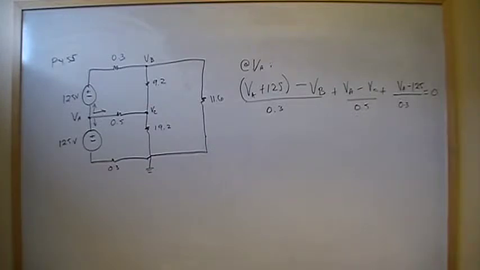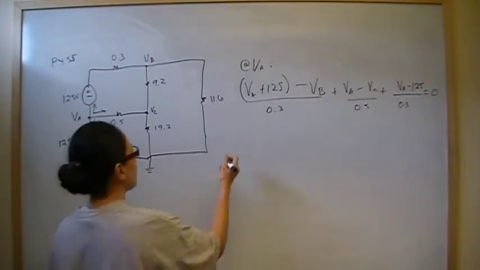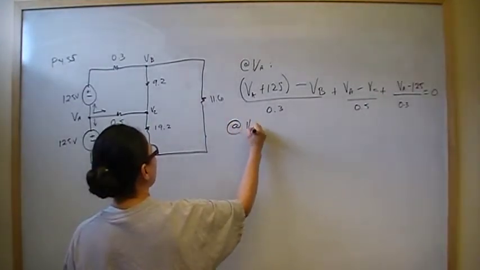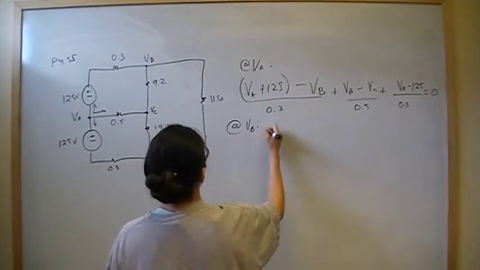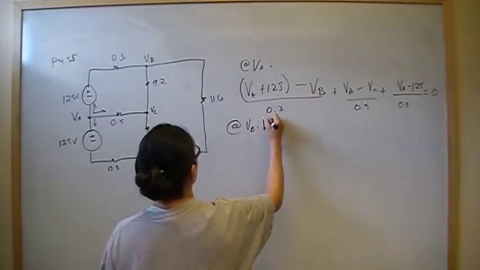Okay, just wanted to make sure everything is visible. So that is going to be the node voltage at VA. Now the node voltage at VB, this is kind of straightforward, I guess. So the first one is going to be VB